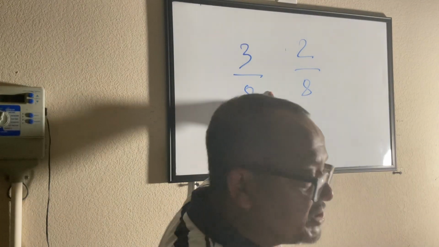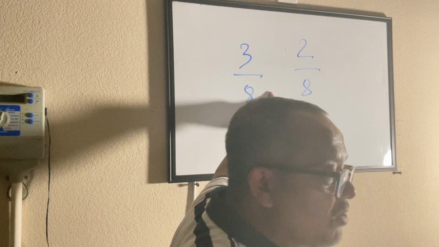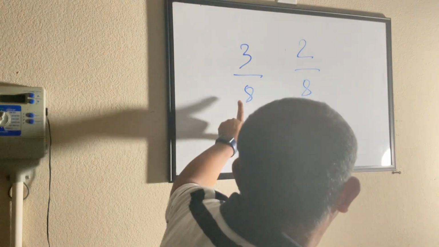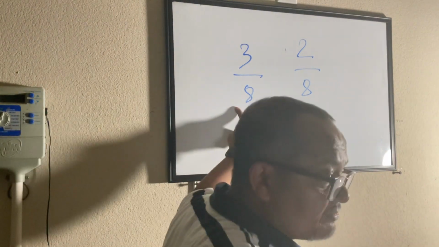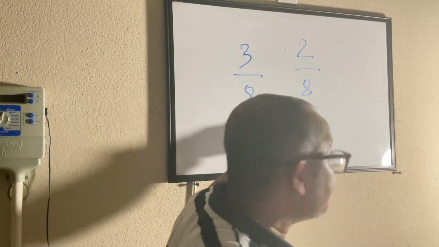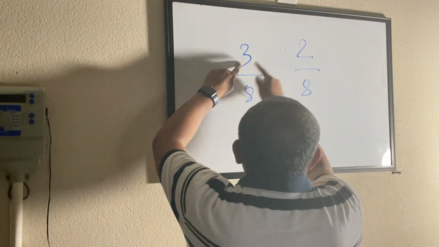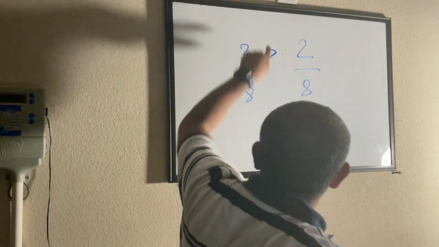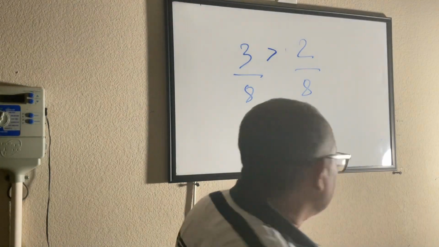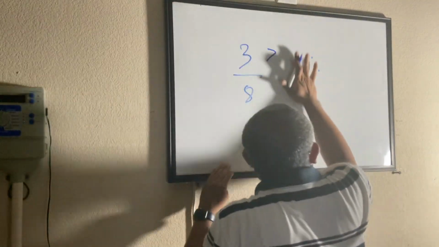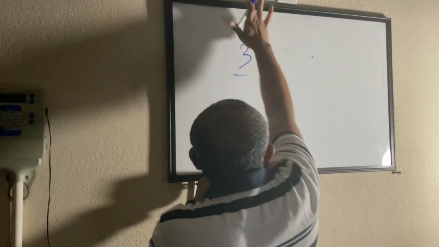So here, what did you see? What you guys saw was that the denominators are the same. When your denominators are the same, then you look at the numerator and you found that 3 is bigger than this, so you can say this. Yes, sir. Now if I make your life a little difficult and say